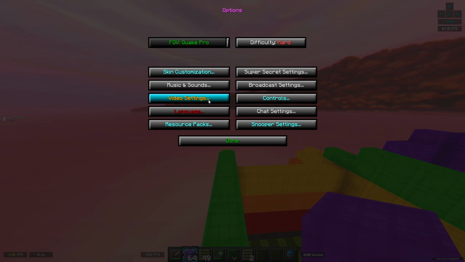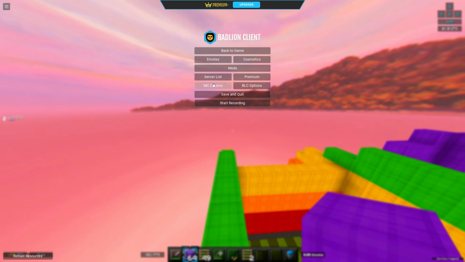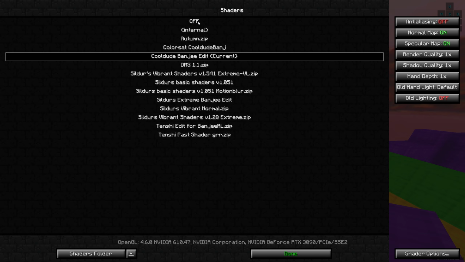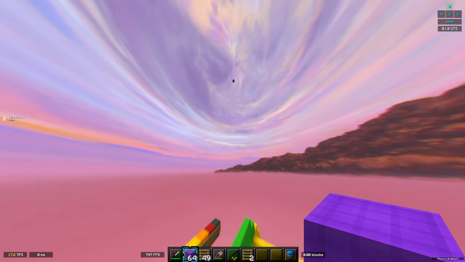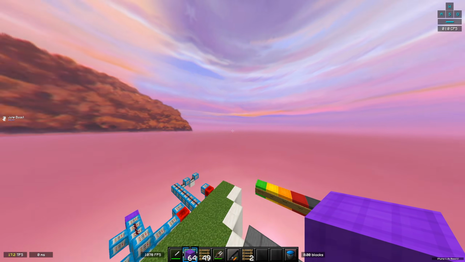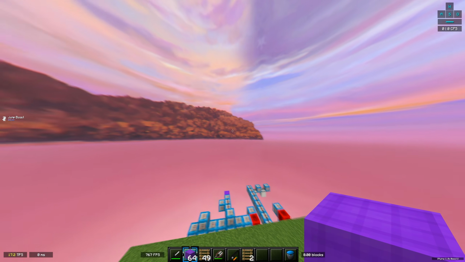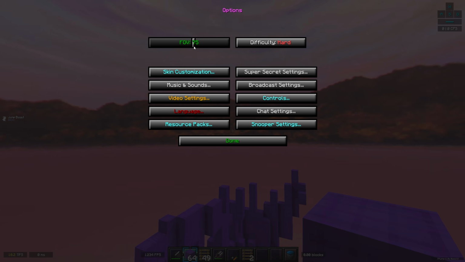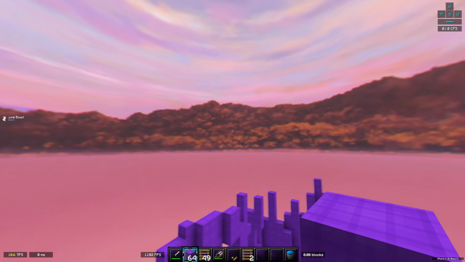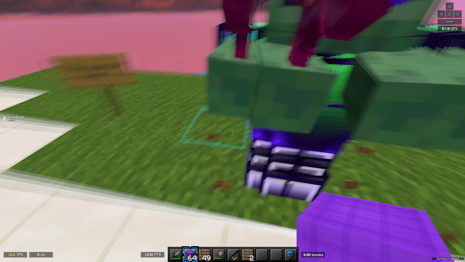Let me also make sure I show this without the sky effect, because it is a little bright. Okay, and here's the non-sky effect version. So the sky effect on my shader adds some filters to the skies, but now you can see it without. It's a lot more detail in the hill without the sky effect. This is what it would look like on your guys' games, and a less blindingly bright